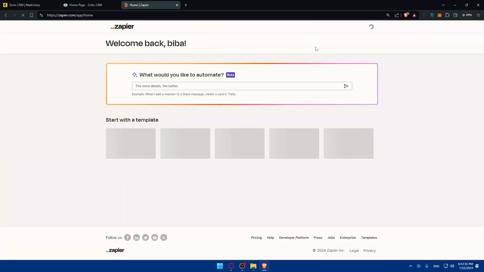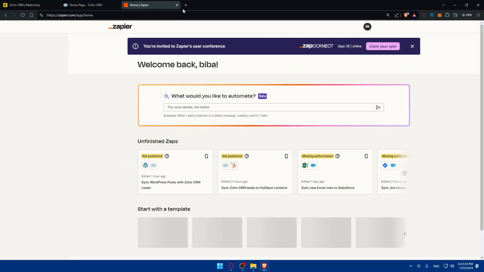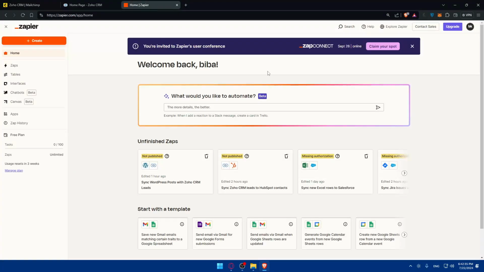Make sure to log in to an account if you have one. If you don't, go and create a new account. As an example, you can use Google for that and other options. You can check it out if it's your first time. Then, once you're logged in, go to this left panel, click on Apps, and here you'll have to connect